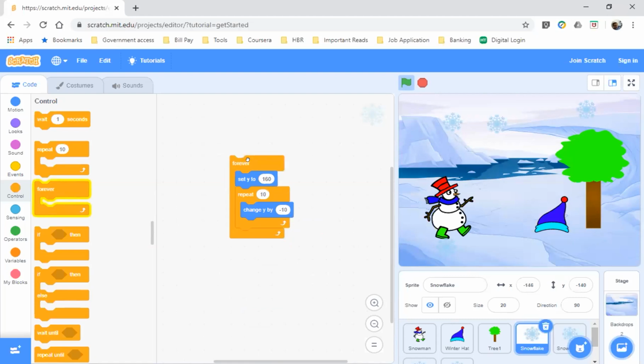All right. Now you have to duplicate this particular sprite for others also. Just drag this entire thing and put it over here.